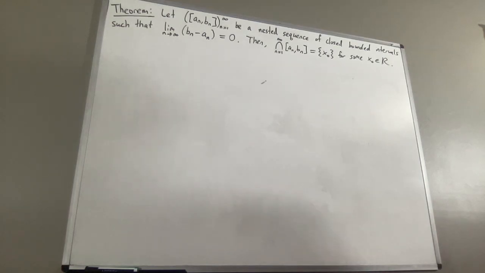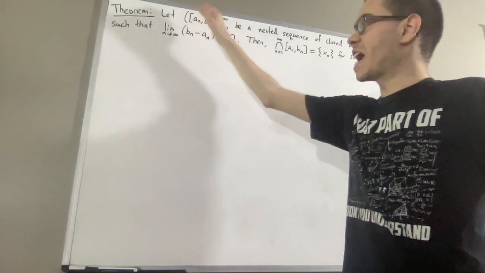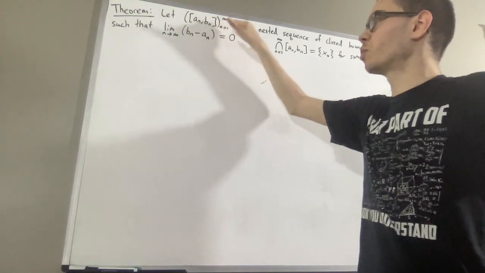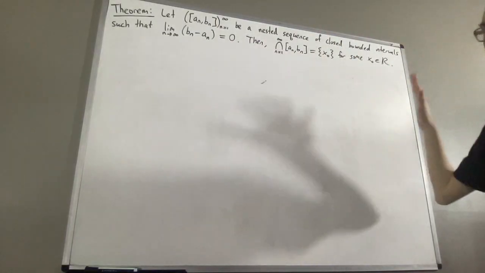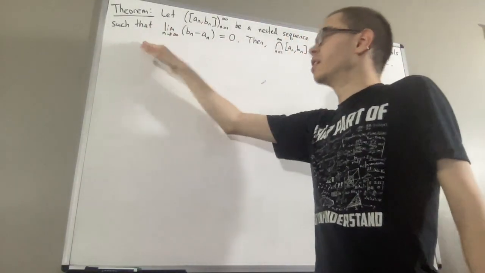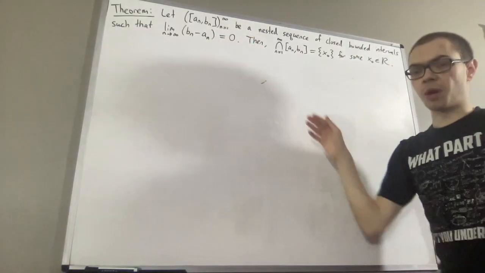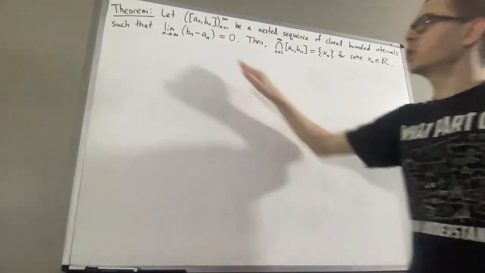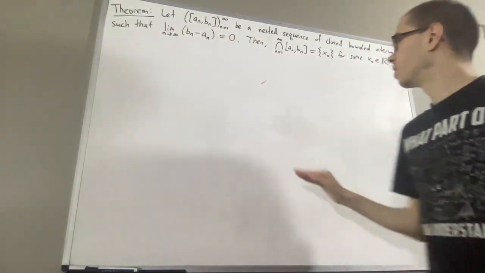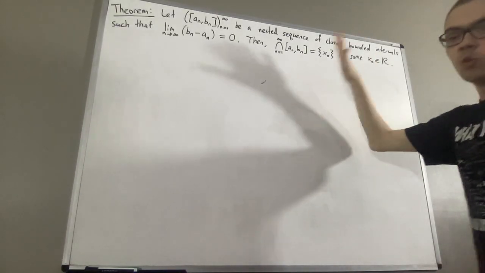Hello! In this video, we are going to prove the following theorem. Let (an, bn) from n equals 1 to infinity be a nested sequence of closed bounded intervals, such that the limit as n approaches infinity of bn minus an is equal to 0. Then, the intersection of all of these closed bounded intervals is a singleton set, so it consists of exactly one